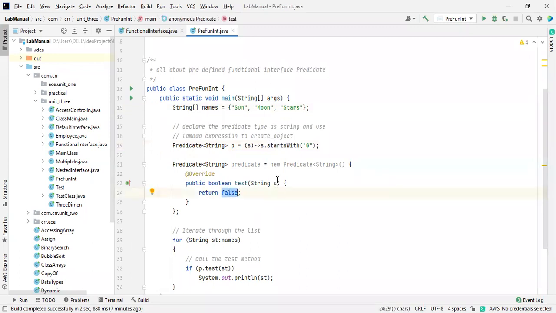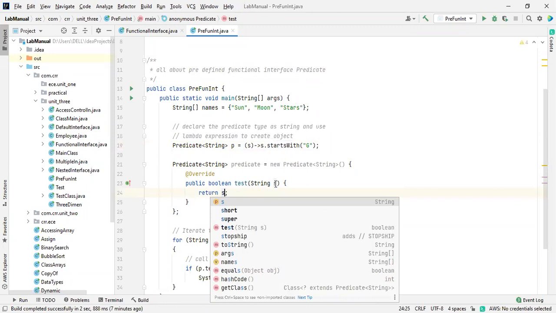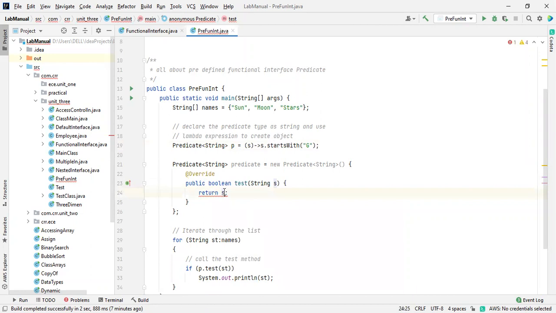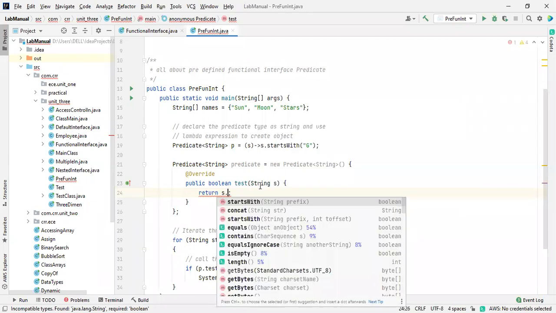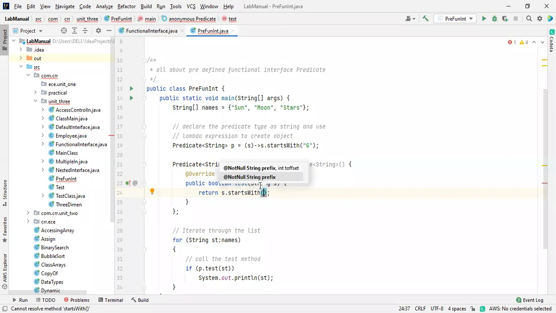We need to pass these values over here. Like that, it starts with S, and I'm going to take that one. I'm checking a string value. And how are you going to check that? The string has a method startsWith, and we access that method inside a string by using the dot operator. Inside double quotes we need to place the letter, because this is a string. That's why we need to place double quotes.